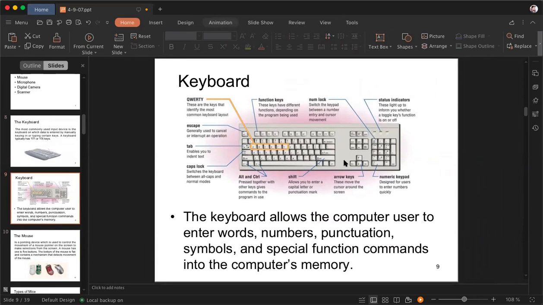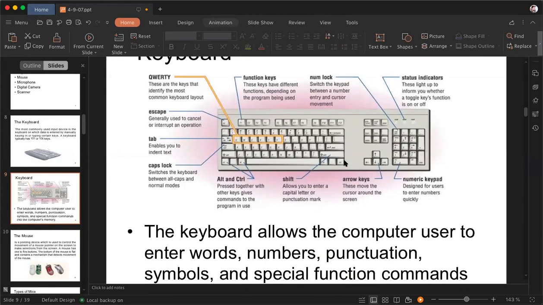I think everyone might have seen that, even on the laptop you're using right now. Definitely you can see the different alphabets, numbers, special functionality, and depending on the type of computer, you might have different functions available in your system.